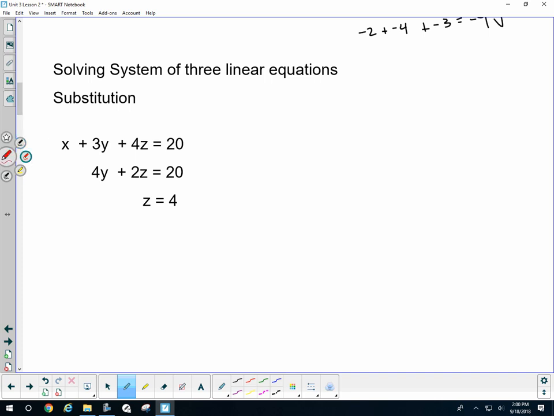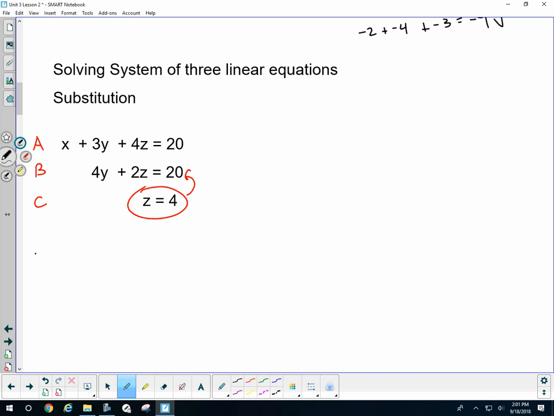Okay, so with substitution, just like in a two-variable system, if you have one variable solved for, you're going to want to substitute it into the other equation. However, we want to substitute C both into B and A at the same time, not just into one of them. Because if I substitute it into one of them, it actually would work out in this situation. If I substitute it into this one,